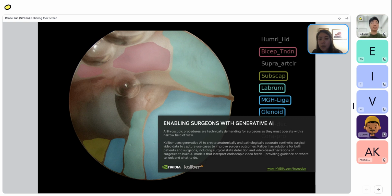The last one I will end on as an example is called Caliber Labs. What you're seeing here is a surgery, I forgot where it was, but they cover a couple of areas like the shoulders and knees. And what you're seeing now is the overlay of AI telling you what area this is. So it's also a training tool for the younger surgeons on how to do certain surgeries effectively. And they are also helping out with